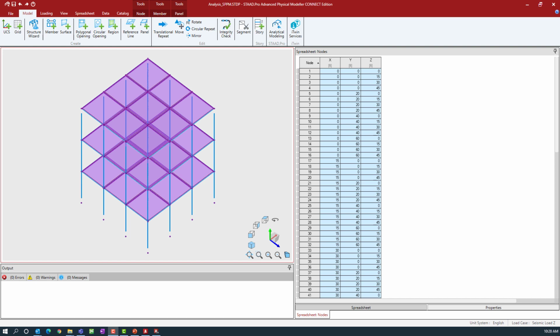We will now turn our attention to the STAAD.Pro physical modeler. And as you can see, I've already created a structure that is identical to the model we were just looking at in the analytical modeler. It contains all of the members, section properties and material information, as well as all of the load items and primary cases. So let's go ahead and get started with the first step of our workflow, which is to incorporate